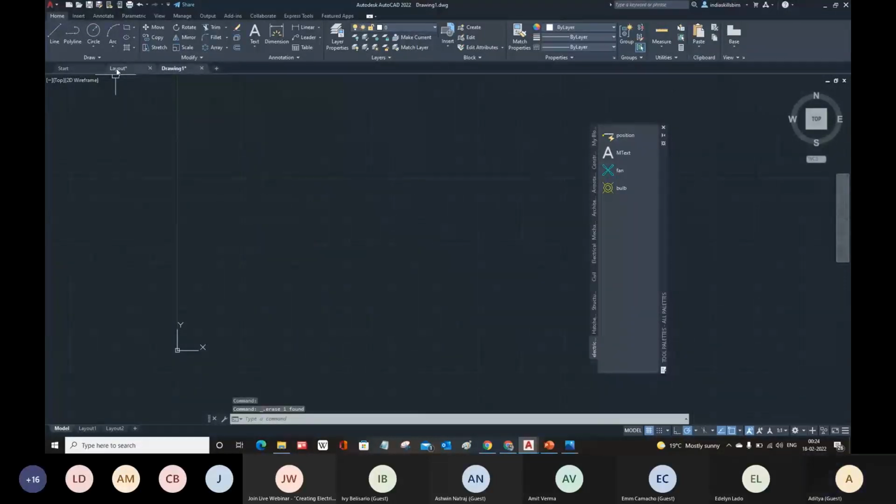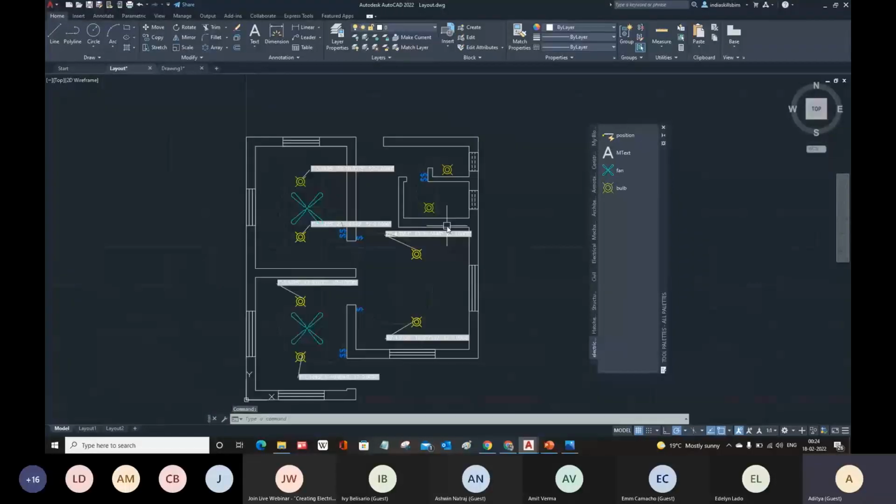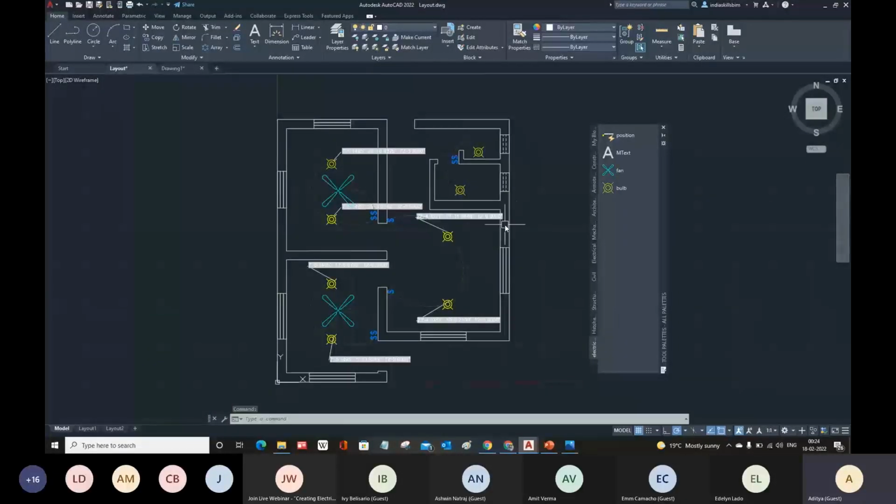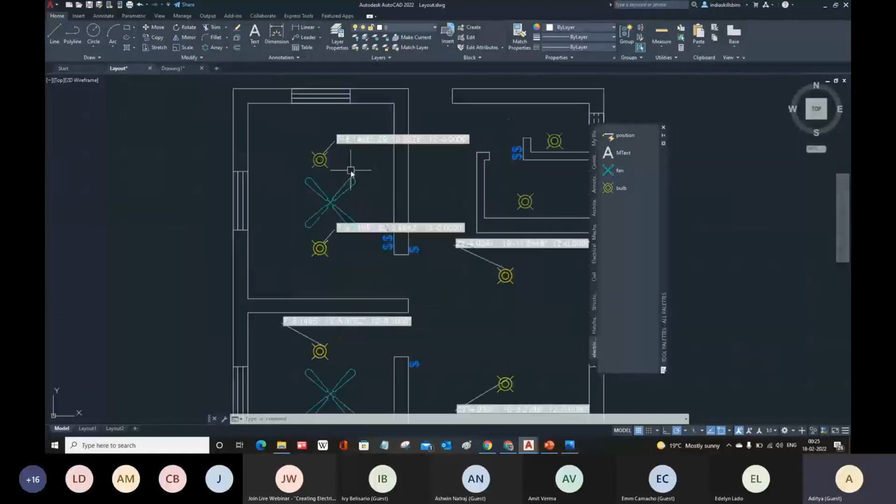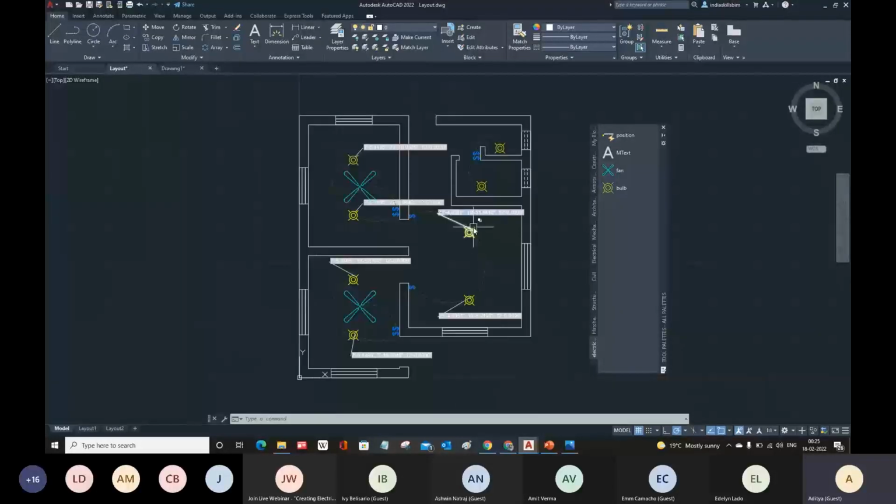So this is the way by which you can utilize the AutoCAD commands to create all these types of electrical circuits, electrical diagrams, elements, and then you can convert those items into block items, and then you can also use the attribute along with blocks to specify their position, and we can use everything together. So this is all about our today's webinar.